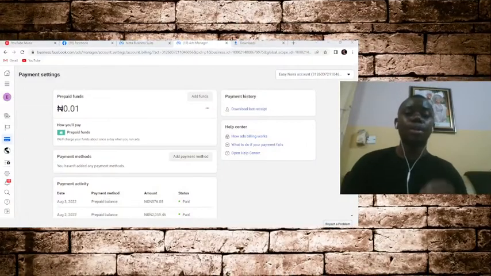Now, what are the pros and cons of this account? One of the advantages of your prepaid account is that it's very easy. It rarely has issues with the account being disabled because payment is not being charged. The postpaid account is also good, and you are debited based on what you spend. But sometimes you might violate Facebook ads policy, and at the end of the day, they will disable your account. And when they disable your account, you will end up not being able